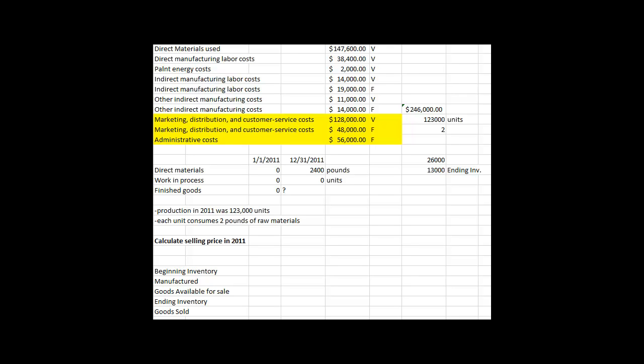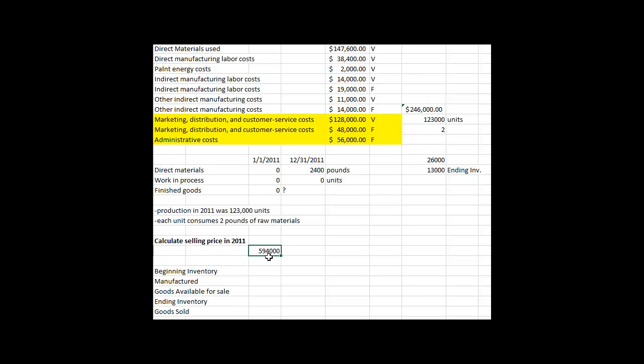So the third requirement of this problem I actually think is the easiest one of the whole problem. They ask us to calculate the selling price in 2011 of the product. One key piece of information that I don't have listed here is that we're told in the problem on page 60 that the total revenue was